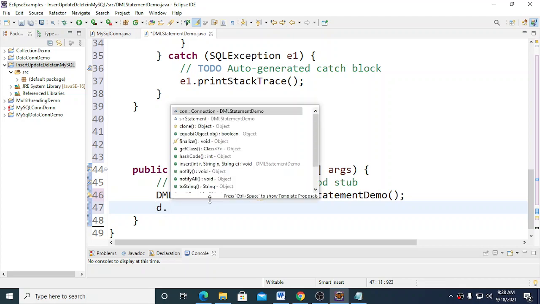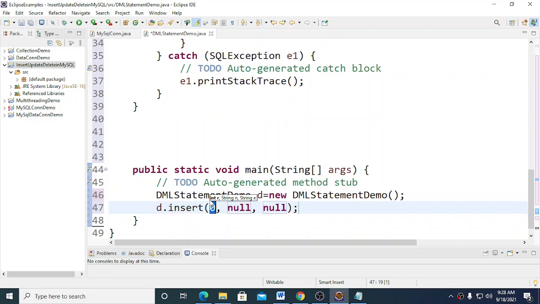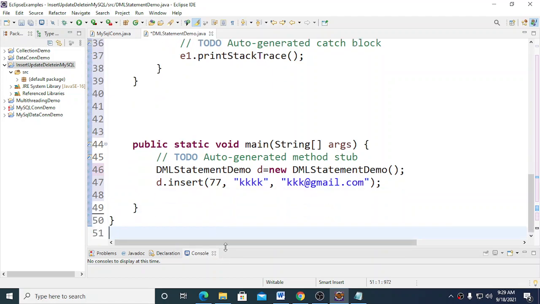So I'm going to call the insert function there, and to this function I'm going to pass the roll number as 77, name as suppose KKK, and the email as kkk@gmail.com. If this function works properly, we'll get the message that the record is inserted.